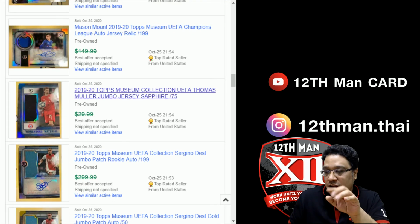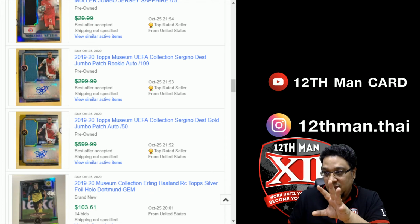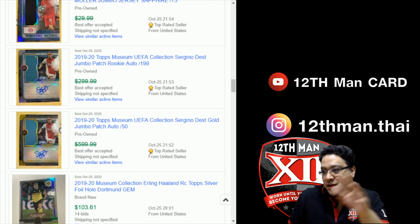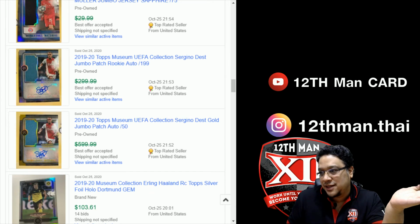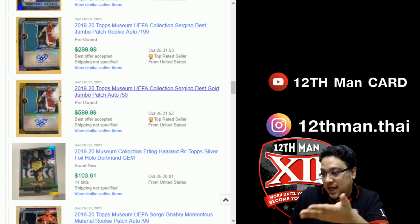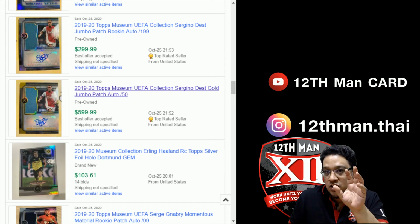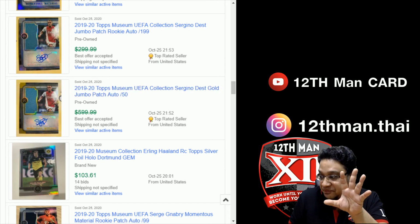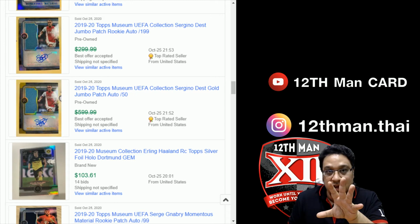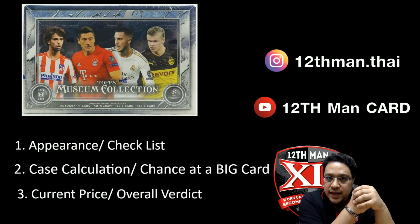I'm not even going to touch on Haaland or Reina because those sell very well. But if you look at a desk to 199, it's basically 300 but slashed. It's still a 199 autograph selling for this price. A Haaland base sold, a bid ended at $103. So initially these are selling well, but like I said, I think we have to wait 7 days, 10 days,